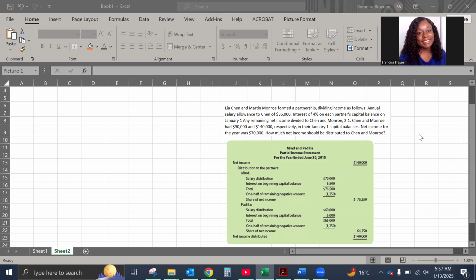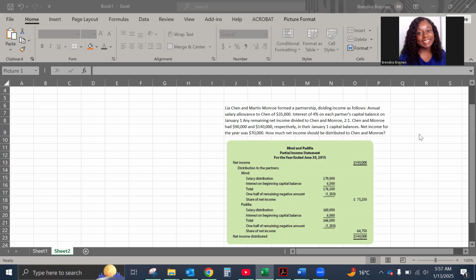And so we understand that net income can be divided in a number of ways. They can say, okay, I have a certain percentage, you have a certain percentage. We share it, but it all comes back to 100%. Or they can say, okay, here is $10,000. Everybody gets $10,000. Then we share what's left by that percentage.